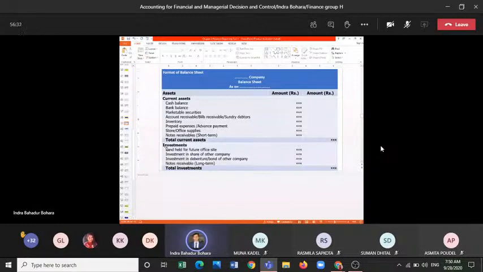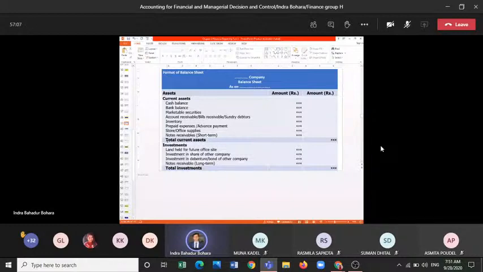Under the vertical format, the assets and liabilities can be presented in two ways. Keep it in mind. They are permanency based or liquidity based. When you start from the long-term assets and long-term liabilities first, it is called permanency based. When you start from the current assets and current liabilities first, with current assets, investment, and property, plant, equipment, which is called fixed assets, then